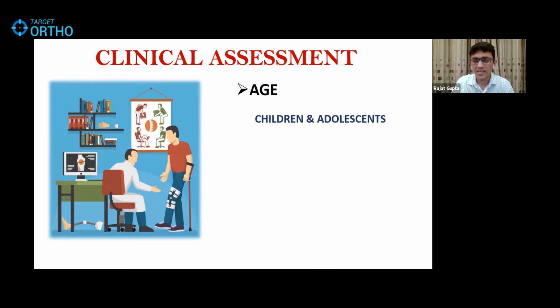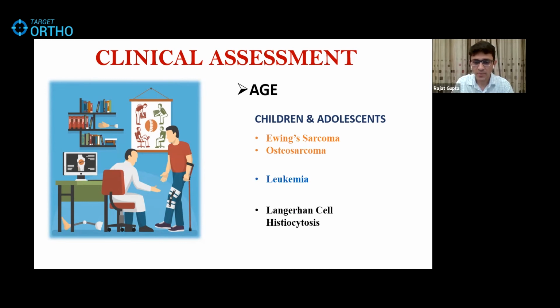Coming to the malignancies in this age group, the most common are Ewing sarcoma and osteosarcoma, and we can also have leukemias. Also to mention, we can have a patient with Langerhans cell histiocytosis. It is still not clear whether to call it a neoplasm or an autoimmune disease, but you can have a patient with similar findings, like pain and lytic areas on X-rays, and it may turn out to be LCH.